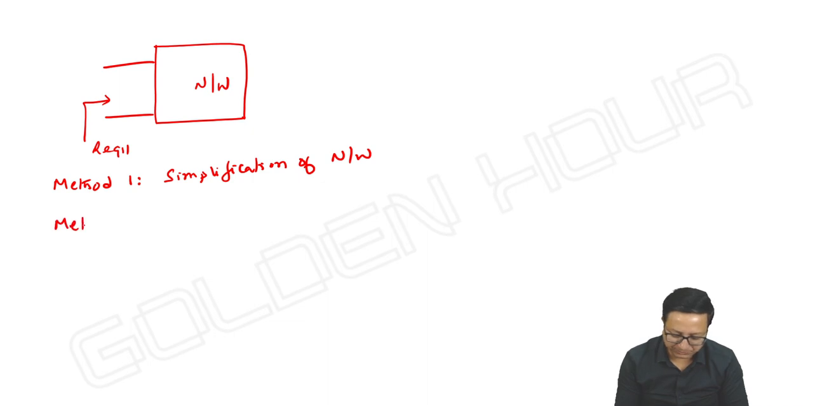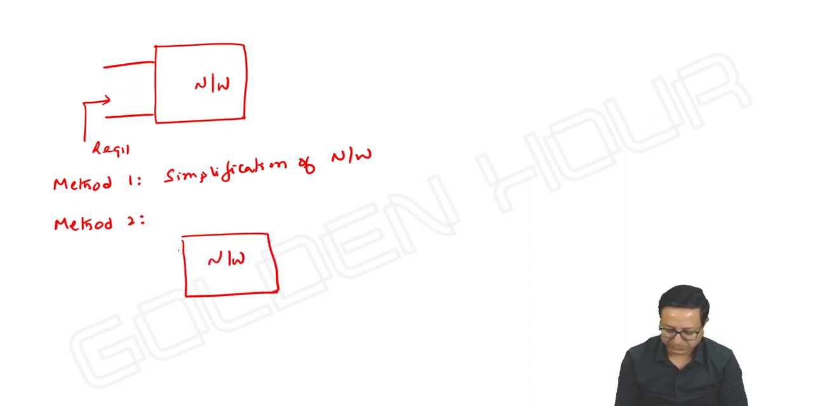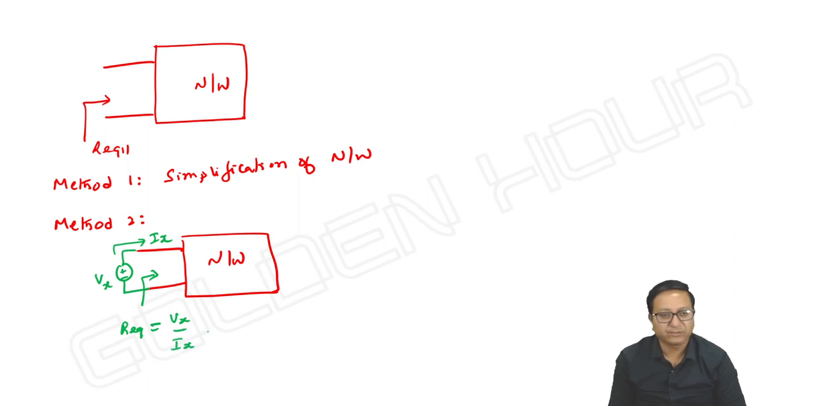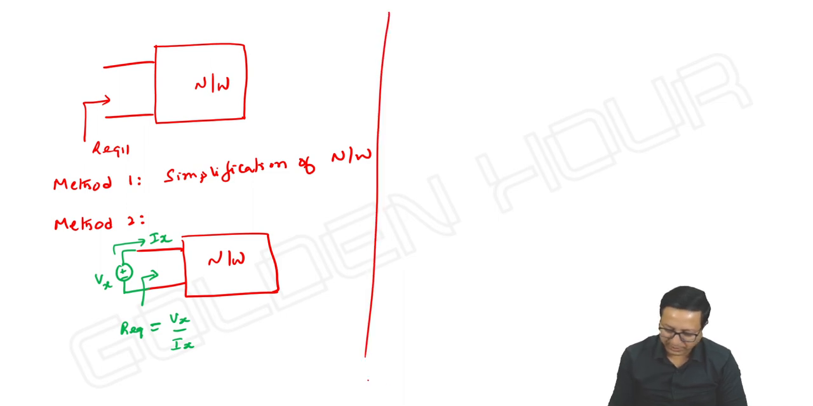And in method 2, what do we do? We take the same network and connect a source Vx, and let the current coming out of it be Ix. Then we try to derive Vx by Ix. R equivalent is equal to Vx by Ix. You may connect some 5 volts or 10 volts or 1 volt. Most of the time, we connect a 1 volt source and we find